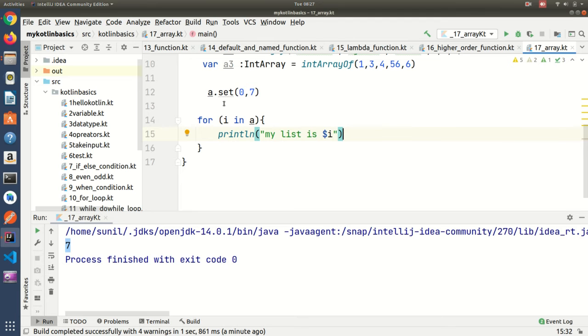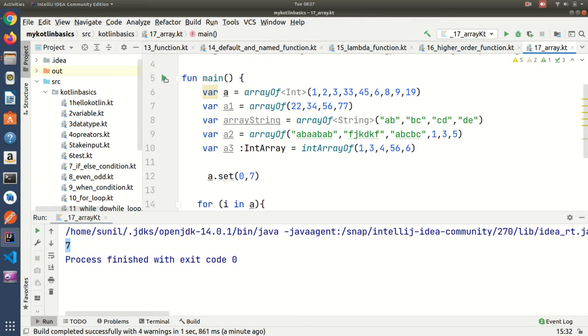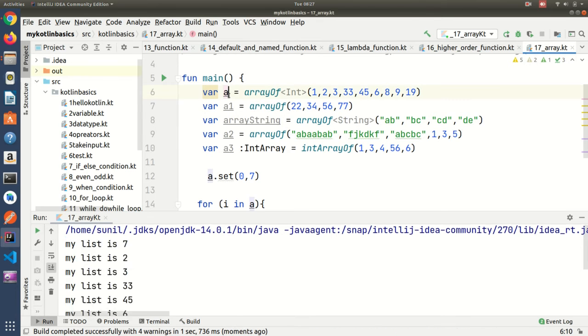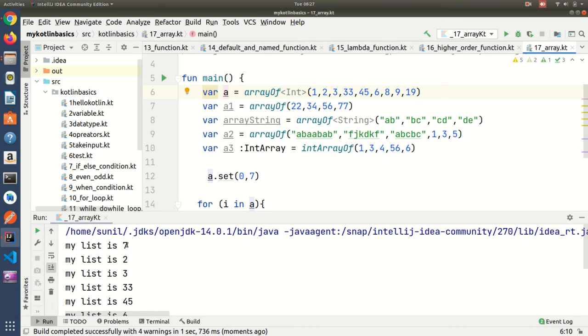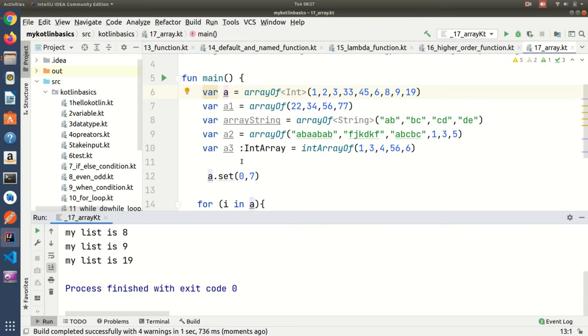So we'll get the whole value from array a. Here, see, all the values got printed.